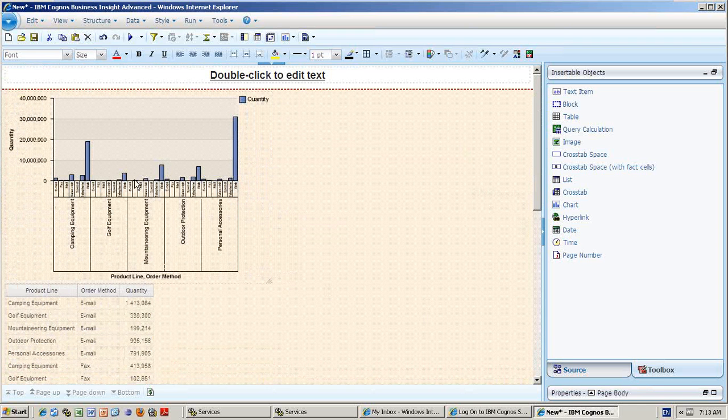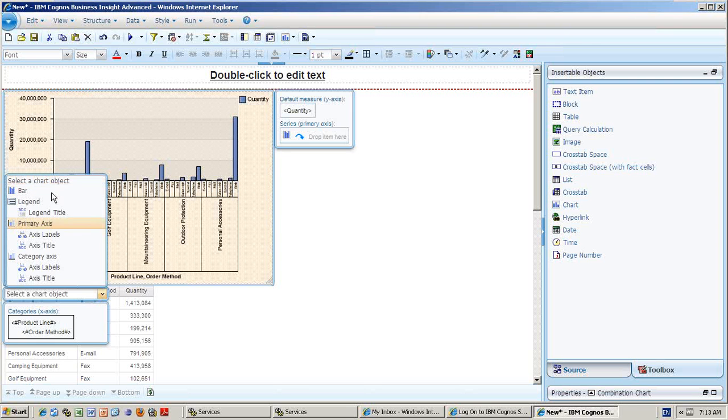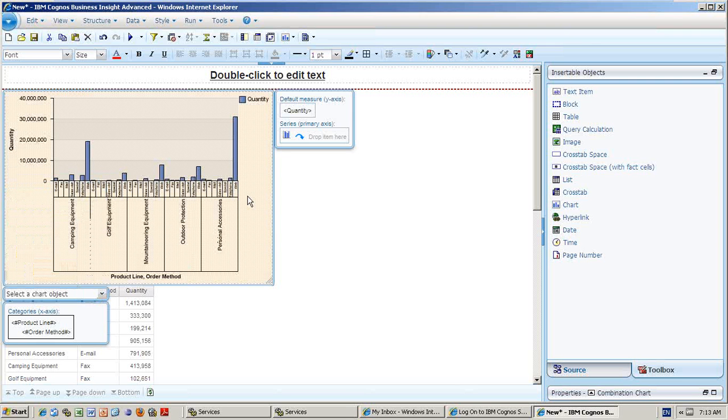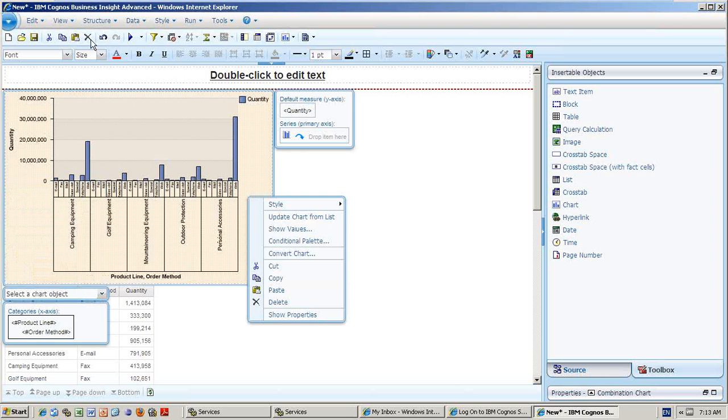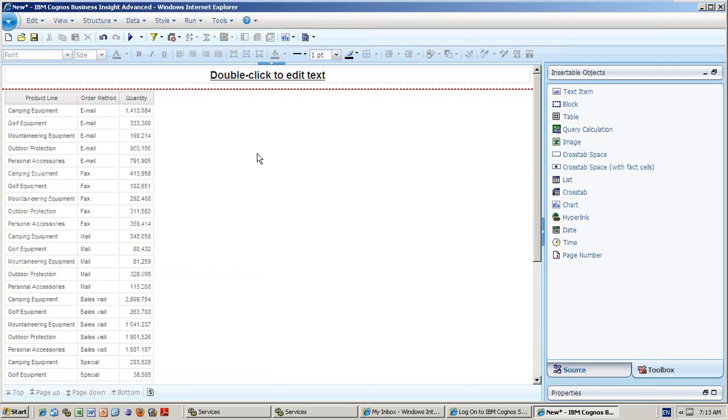So you just select it, remove it. You delete it and then you add it once again. So you can add whatever chart you want. Line chart, bar chart, anything.